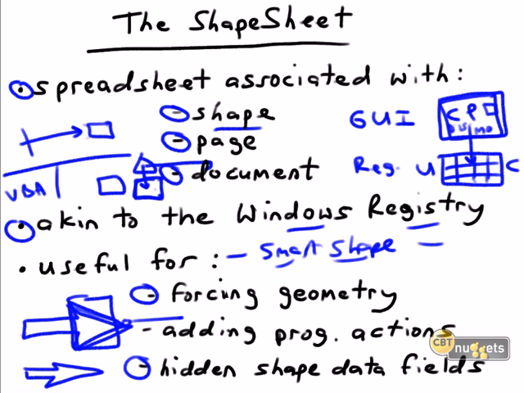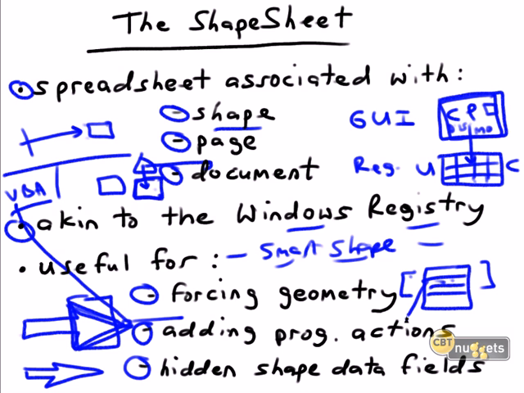Another neat thing we can do with the ShapeSheet is add programmatic actions. This allows us, for instance, to link VBA code that we've created behind the scenes to the shortcut menu of a shape. You'll remember, think of the brainstorming and organizational chart nuggets that we've done in this series, that when you load a template that includes an add-in, that add-in includes normally one or more shortcut menu options such that when you right-click a shape, you can add a new sub-shape or some appropriate shape to that template. All of those programmatic actions exist in the ShapeSheet.